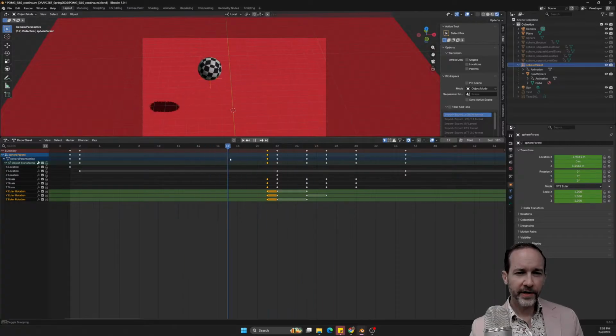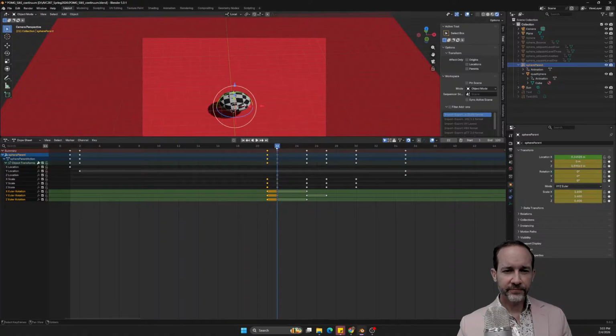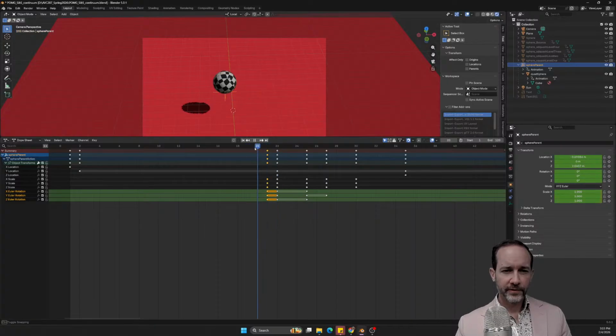And so depending on if you want it to stretch towards the ground, the rotation keyframes here may be useful. And so this one over here, perhaps back that way just a touch. And so there we are.